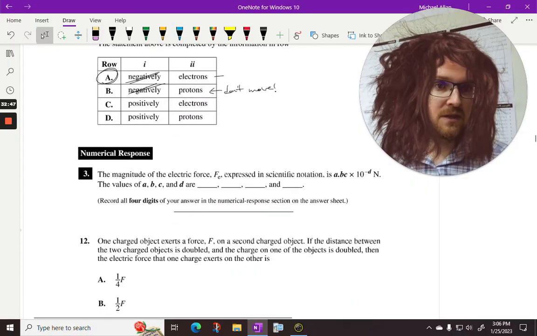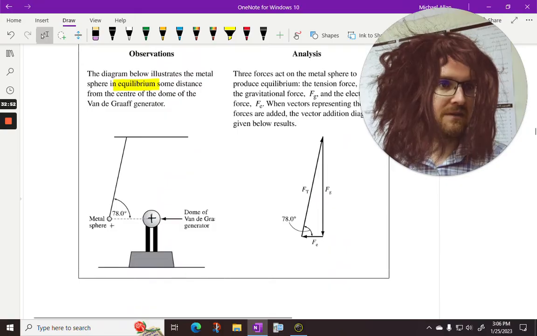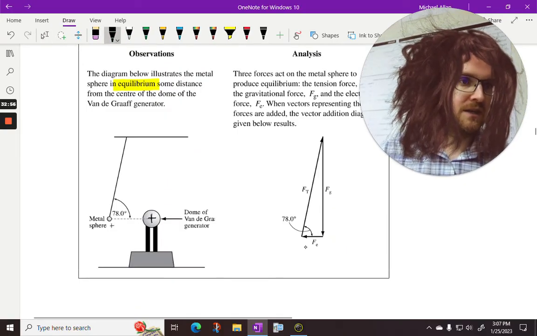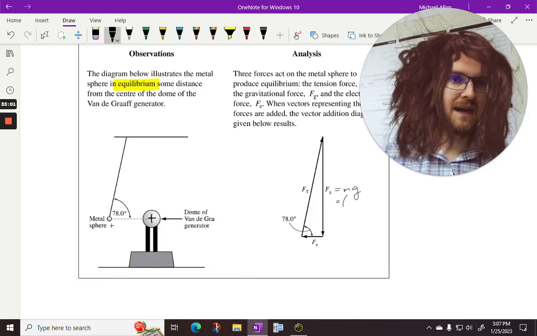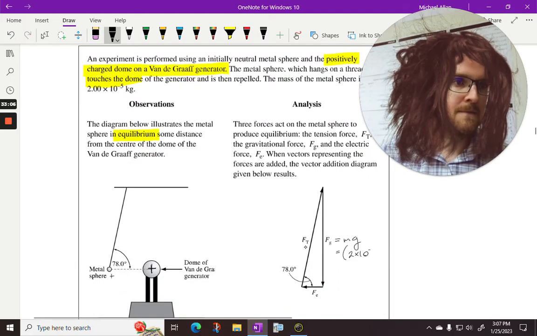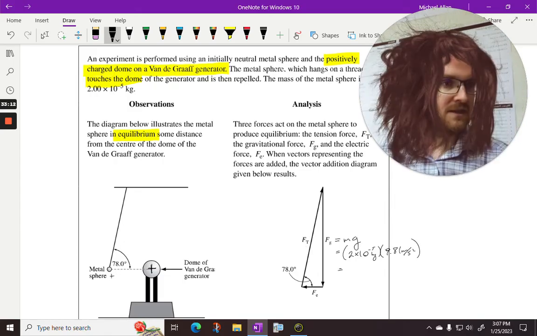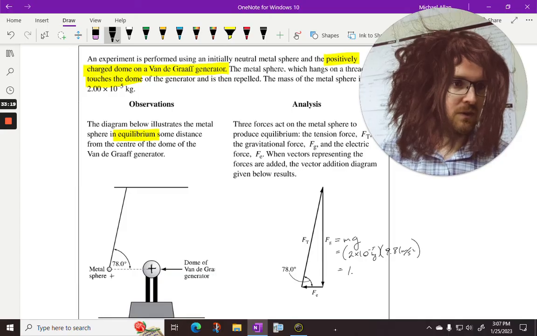Magnitude of the electric force, and is that just the next 2 questions? Yeah, next 2 questions. So we've got to find out what this electric force is. Because we have this triangle, we can just use some trig here. So we can actually find the gravitational force, just going mass, which we know is up here, so 2 times 10 to the negative 5. I could take that and times by gravity, and I can find out what that gravitational force is. So 2e negative 5 here times the 9.81, and I get this